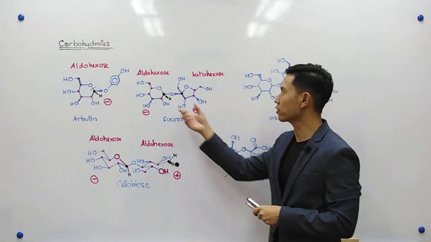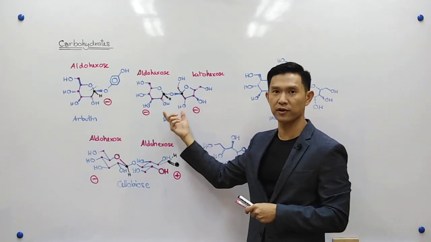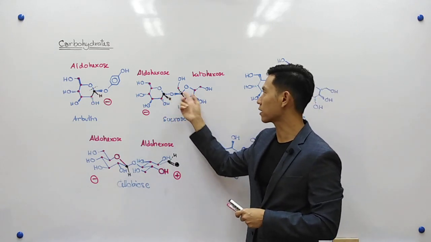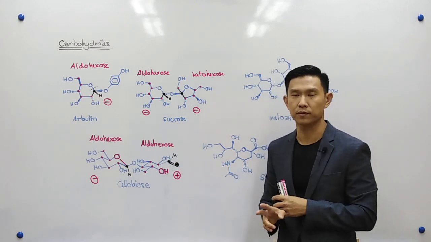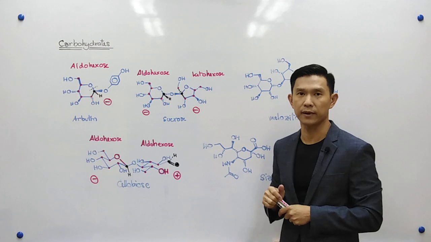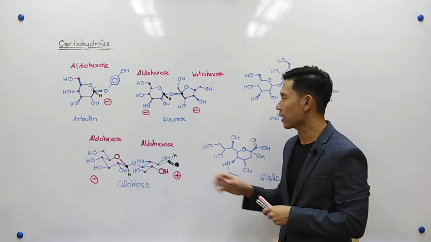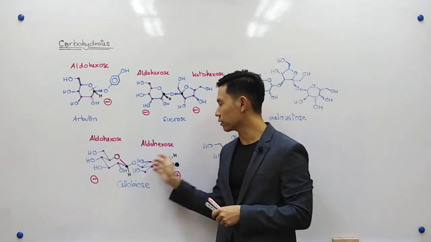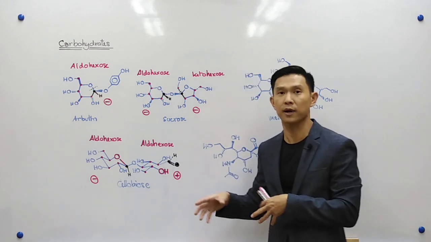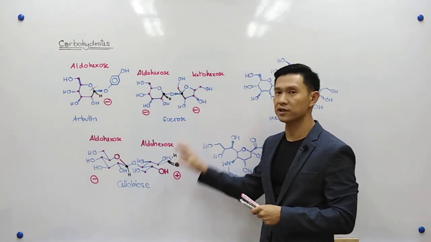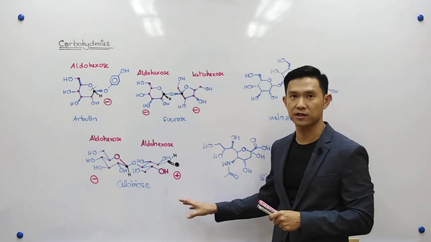This is because both of the rings were locked completely with glycosidic bonds. So you cannot open it out to be a carbonyl group. So it's inert to the Benedict test. Unlike the other one over here, cellobiose, which I described already, this is still active with the Benedict test